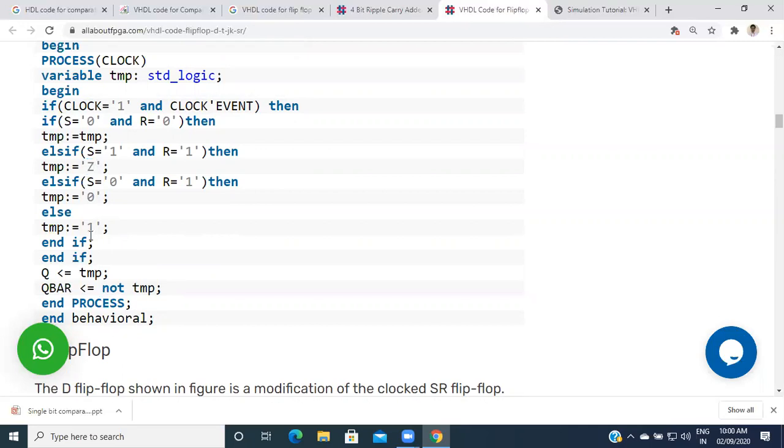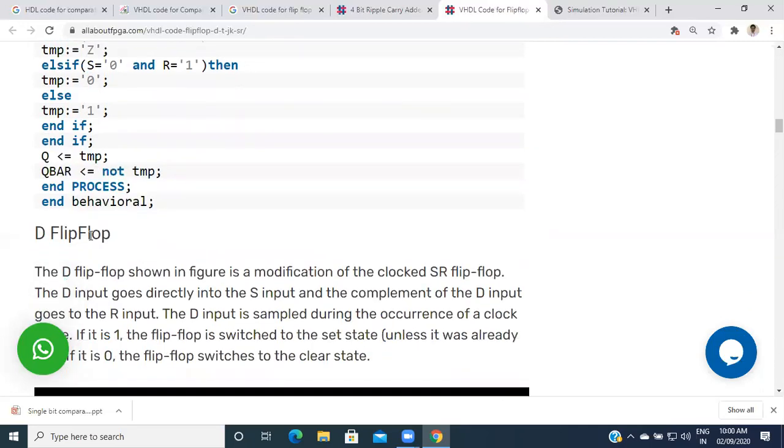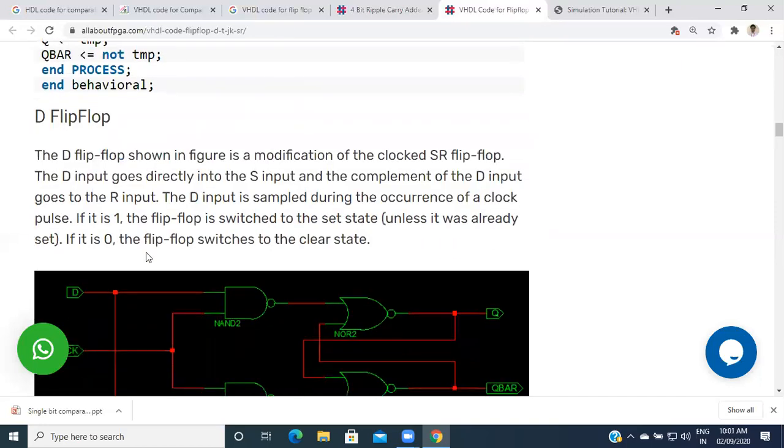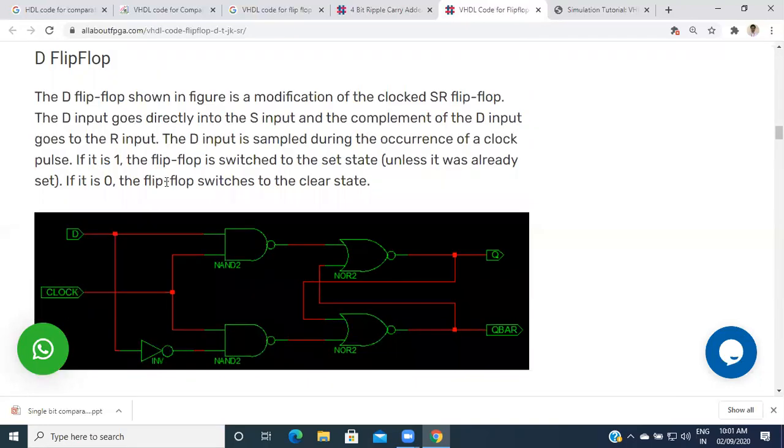We have defined this. The next flip-flop is the D flip-flop, where the same value is propagated to the output side. If the value is 1, the output is 1; if 0, the output is 0. So we are calling this one a D flip-flop.